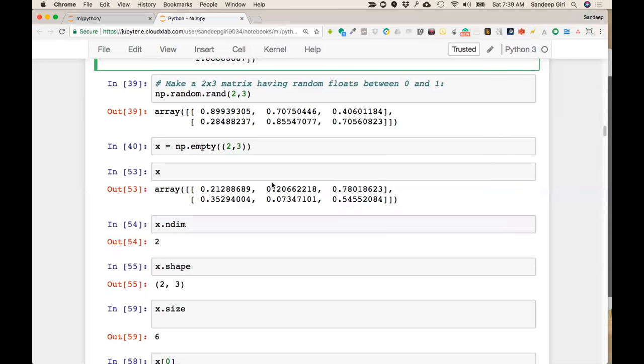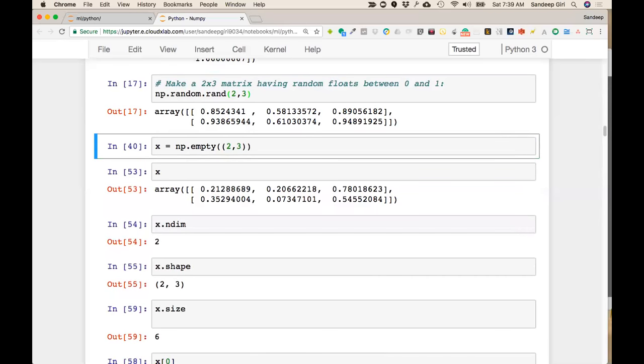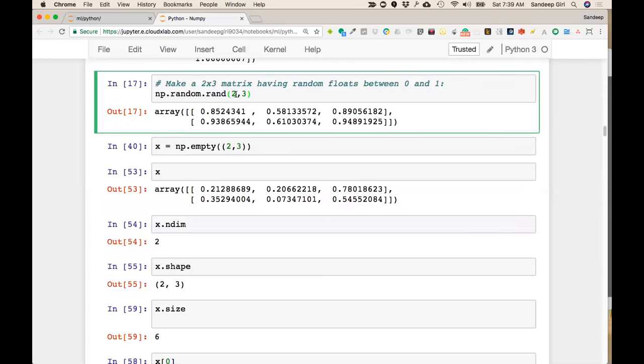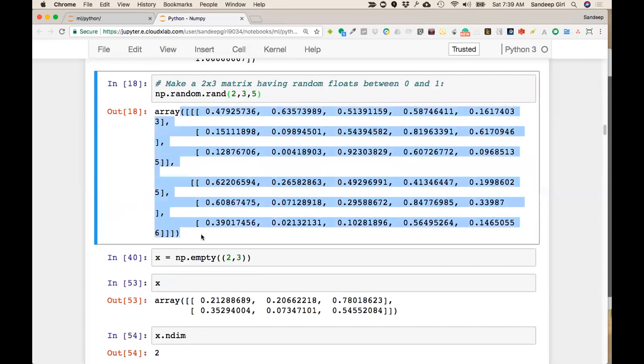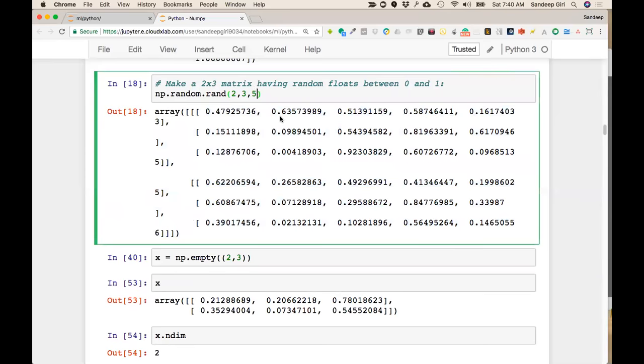we can also create a random array by using np.random.random. So using that, we can generate the random array. So here we're saying give me an array of shape 2 by 3. Okay, we could also say this. You can see that it had generated an array of this shape 2 by 3 by 5. Okay,